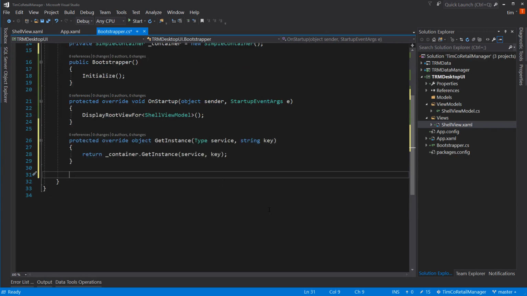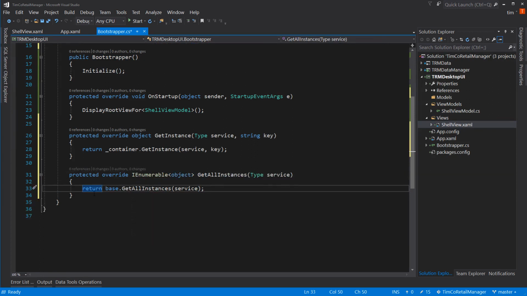We also need to override, so protected override, and this is GetAllInstances. And in here, we need to return